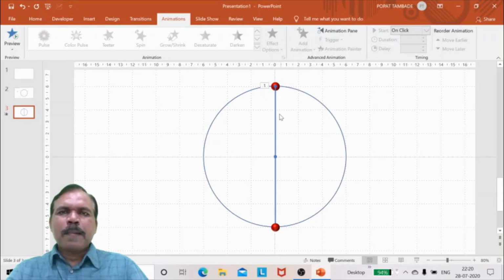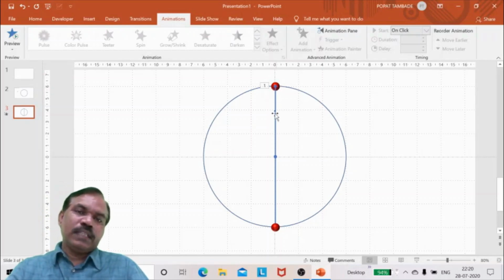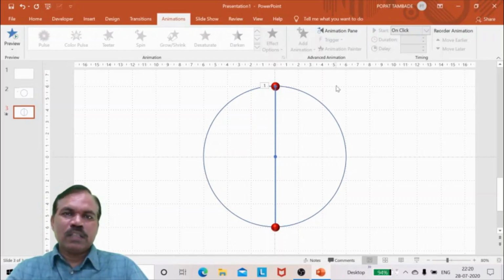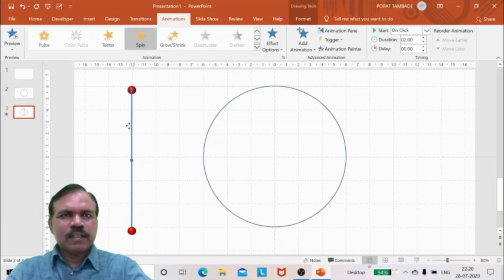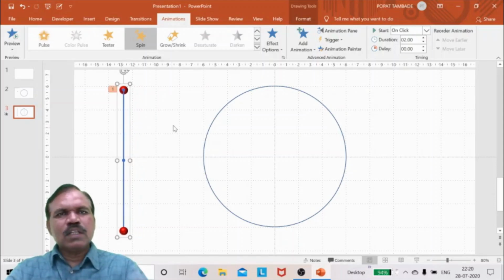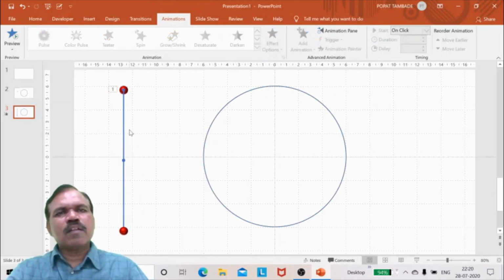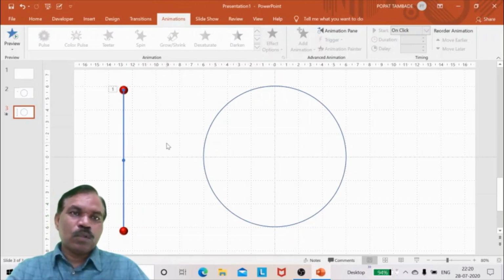Now I have to show direction of force, centrifugal force, centripetal force, also velocity, tangential to the path. So I will draw this here. So let us take this shape here and first we'll draw arrows for forces and velocity.